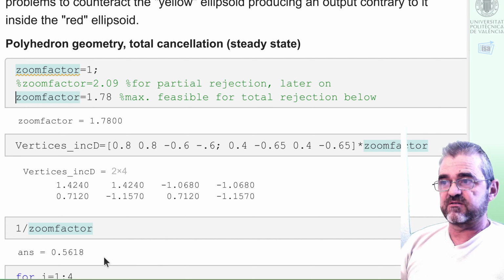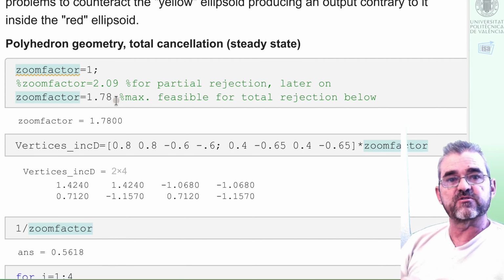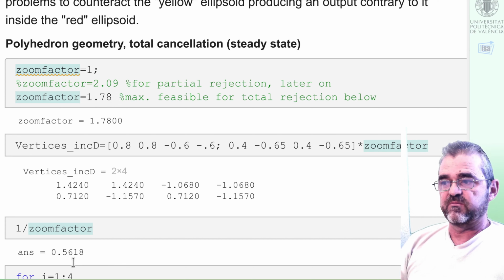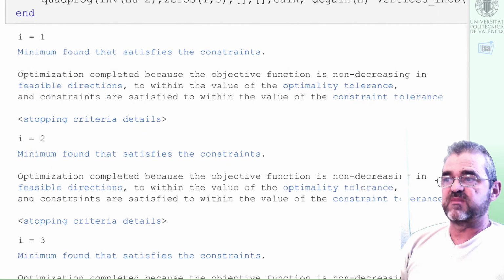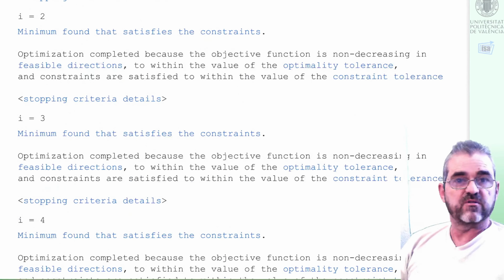So we have a margin of 78% of disturbance increase or 56% actuator power shrinking, and the problem will still be feasible, it's all feasible, but if I zoom a little bit more,